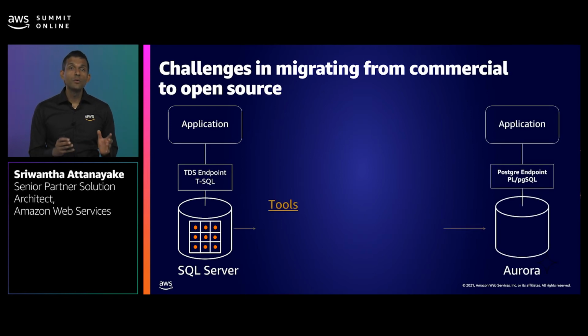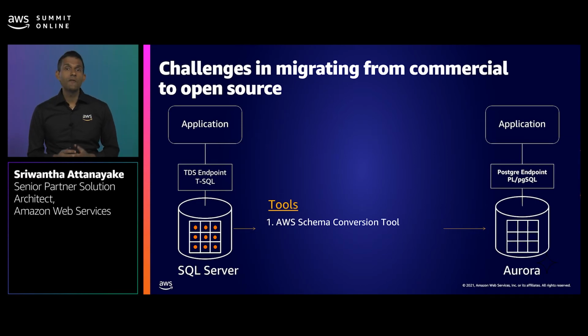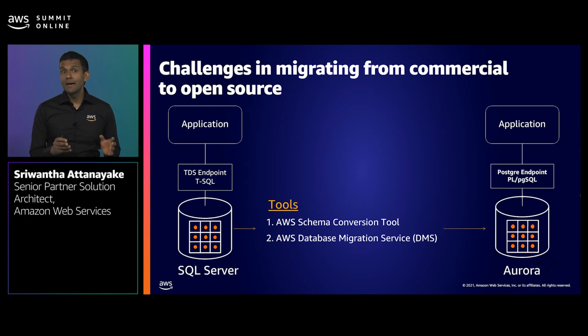AWS provides some great tools to migrate databases. You can easily migrate database schema with the help of AWS Schema Conversion Tool. The tool is smart enough to provide complex translations, provide alternatives, and more importantly, suggest where issues can pop up. For example, it can migrate your tables, stored procedures, and triggers, to name a few. Once the database schema is migrated, you can use AWS Database Migration Service or DMS to move data from the source database to the destination. All these tools have been in the market for years and are very mature products.